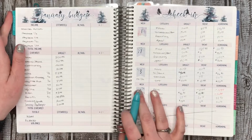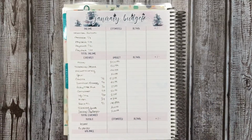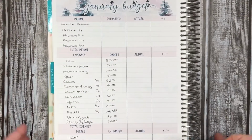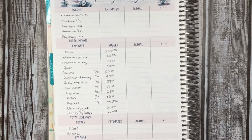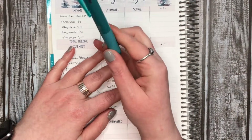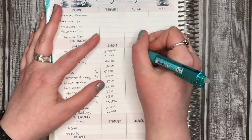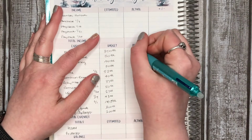So not bad. I'm gonna go ahead and flip this over, and hopefully, let me check that I'm still in frame and y'all can see everything nicey nice. Let me zoom in a little bit. All right. So for food, I have my trusty 3-color friction pen here. So for food, the actual spent was